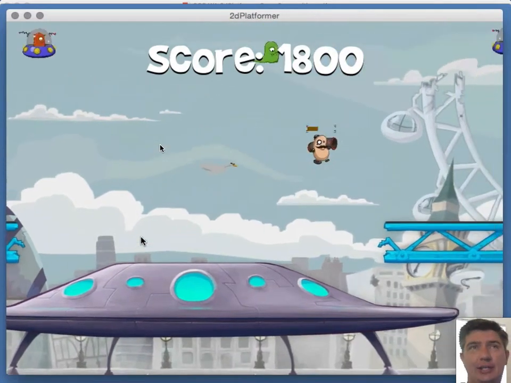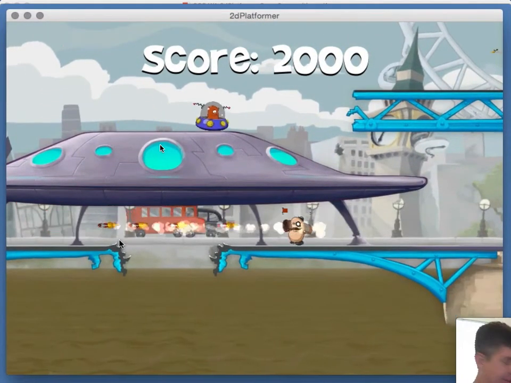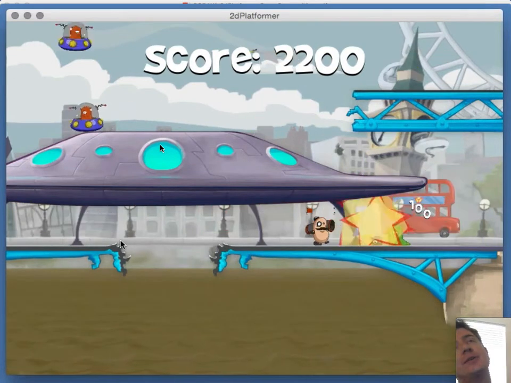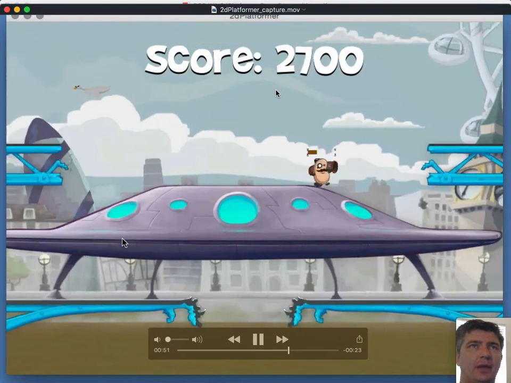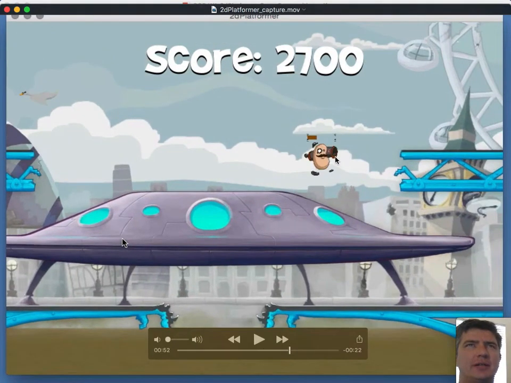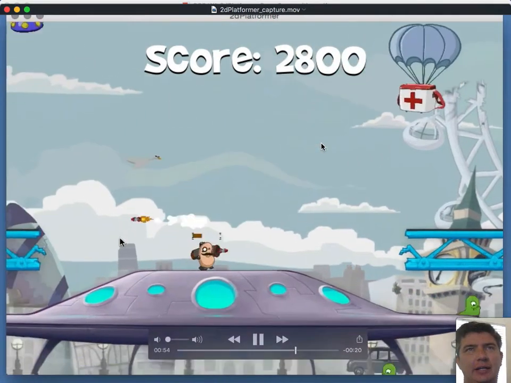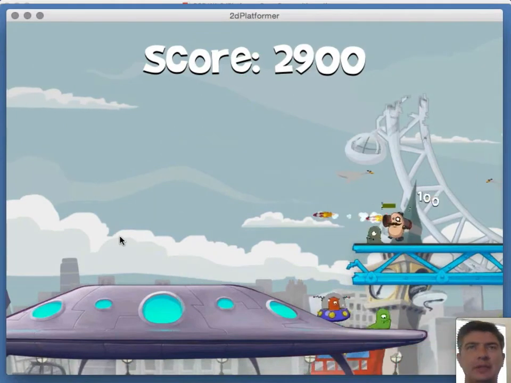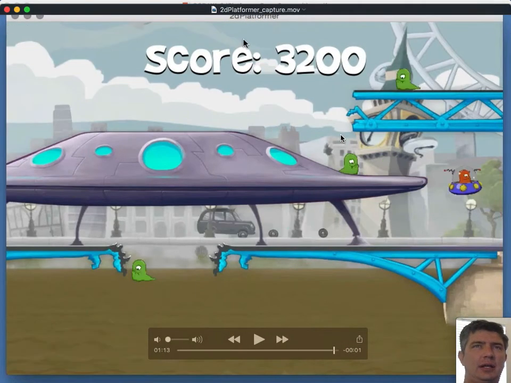So the ending cues. How does the game know when the game is over? How does the music know when to end? And that is all done by health points. You may have noticed that Mr. Bean here has a health bar at the top that can go up and down and gets replenished by the health pickups here. But eventually it will run out, like here.